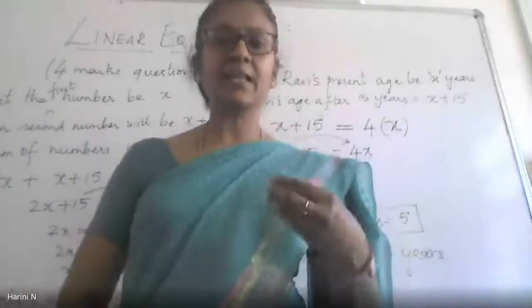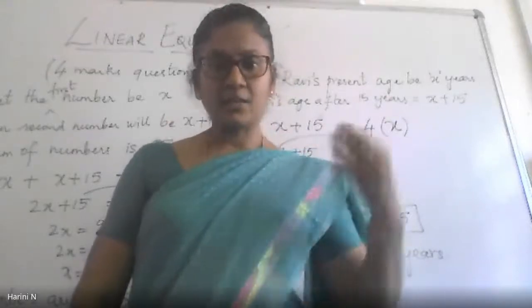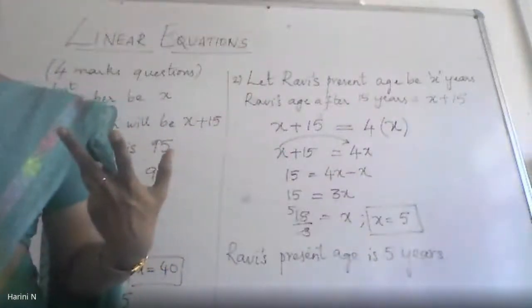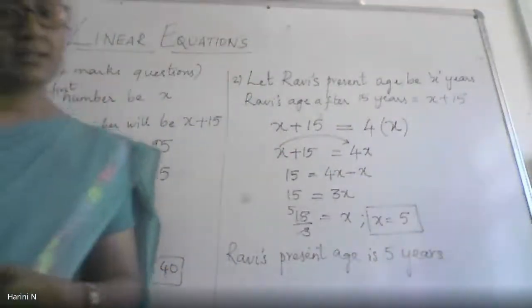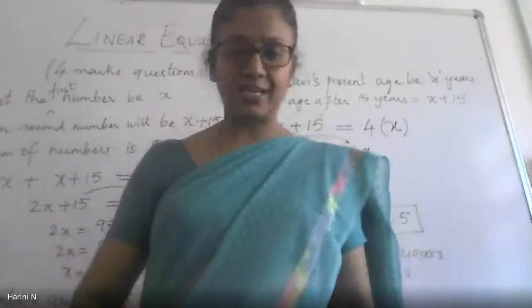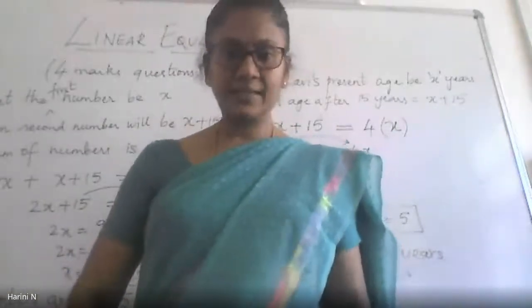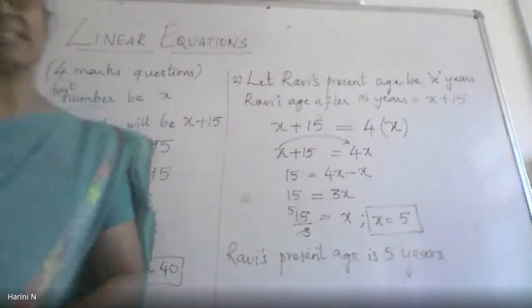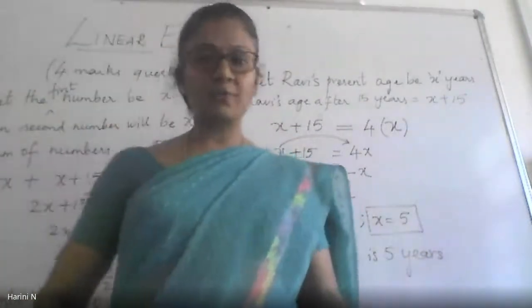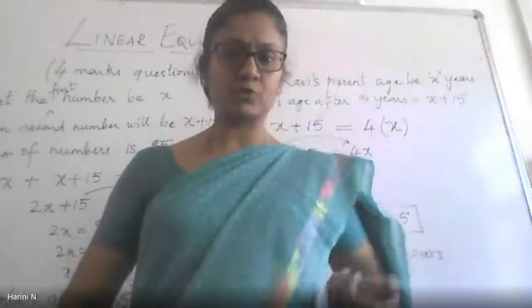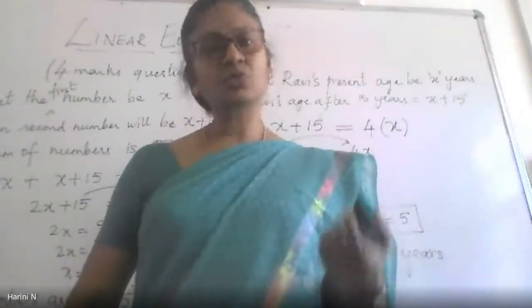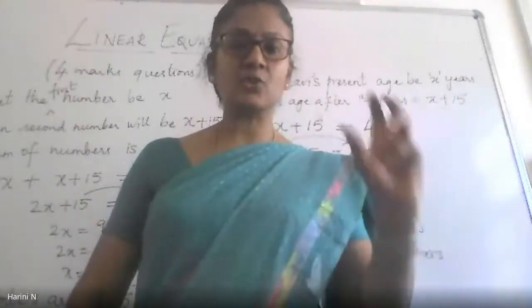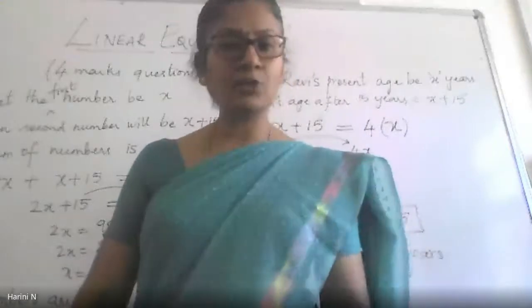Now section C will have simpler constructions like the 4 sides and 1 diagonal. That means you will be drawing it as 2 triangles, one after another, right? That is one variety. Then sometimes it will be 2 diagonals and 3 sides given. So that also we have discussed and we have the videos of those constructions also. So these kinds of straight questions will come in section C, where the sides or the diagonals or the angles, any of these may be given.